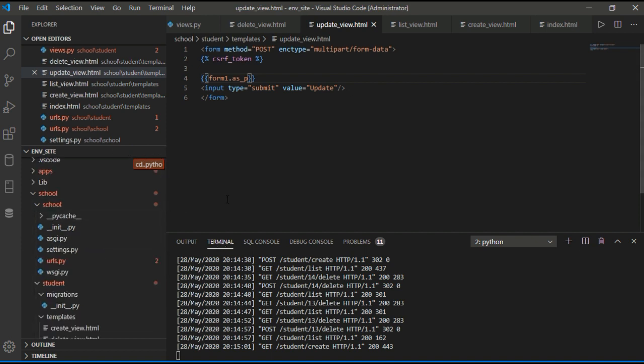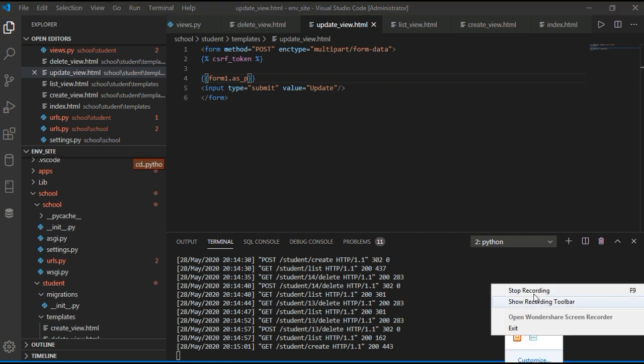And after that we created views in the views.py, and this is the views file. Create view, list view, update view, and delete view. Every view is redirecting to some template: create view.html, list view.html.